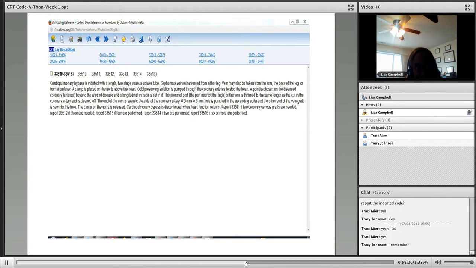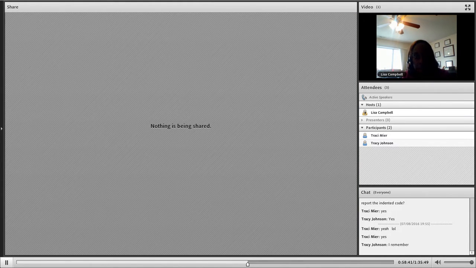Coronary artery bypass is initiated with a single 2-stage venous uptake tube. The saphenous vein is harvested from either leg. The vein may also be taken from the arm, the back of the leg, or a cadaver. Then it goes on to tell you all the things that are taking place